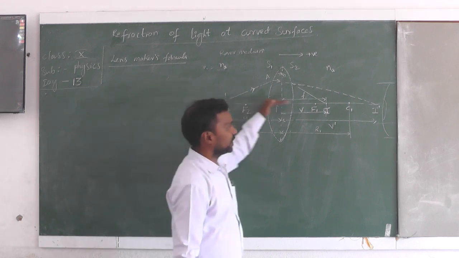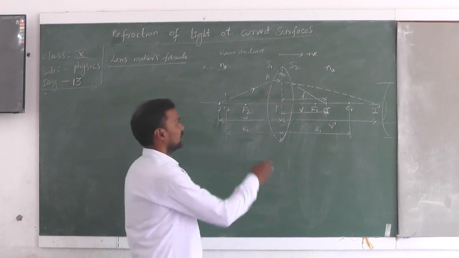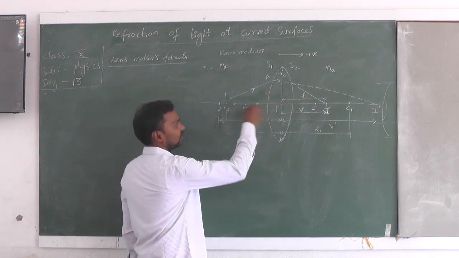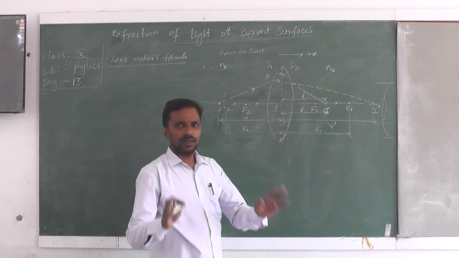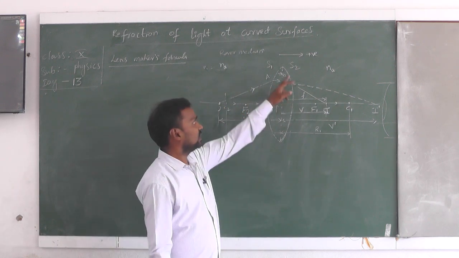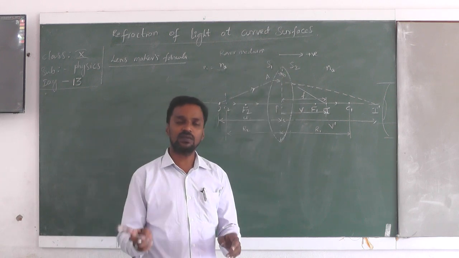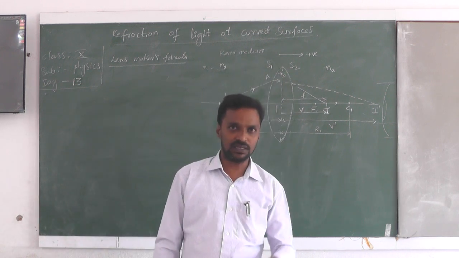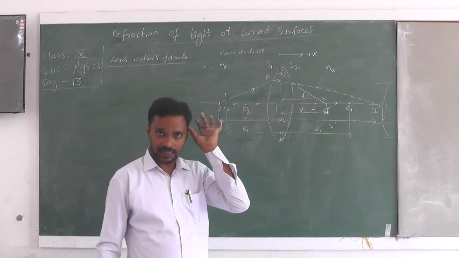and this is the principal axis, and the meeting point of this is the optic center. The light ray is traveling along the principal axis without any deviation. So I will consider here two situations. One is surface 1, another one is surface 2. With respect to surface 1, you will get one equation. With respect to curved surface S2, you will get another equation.